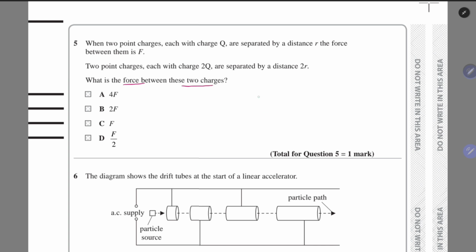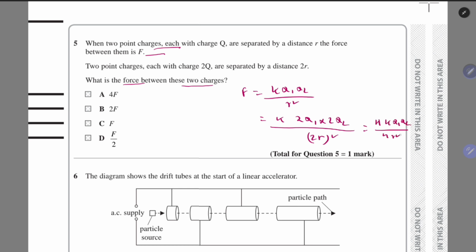Okay, so we need to find the force here. F equal to K Q1 Q2 divided by R squared. That's our normal formula for the first sentence. The second one, they said there are 2 Q's, 2 of both, and there is 2R, which is 4 K Q1 Q2 by 4R squared. The 4 gets cut. We basically have the same one as the original one, so it's obviously going to be